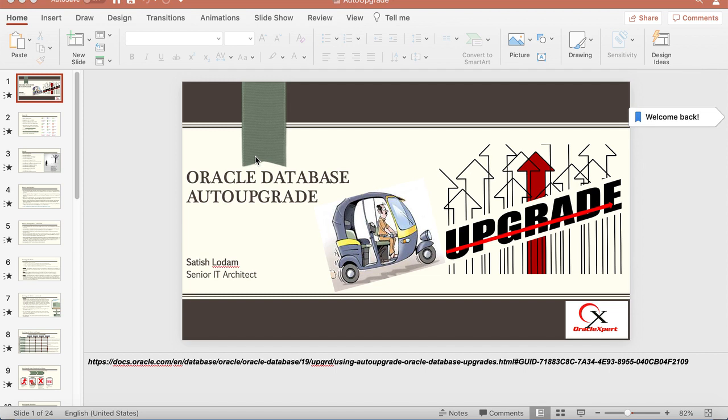I am going to give a brief overview on the Oracle Auto Upgrade utility. This Oracle Database Auto Upgrade utility automates the process of doing DB upgrades, and I found it to be very useful, especially when you are doing lots of upgrades, which are coming to you because we are living in now October 2020, and many different versions of Oracle are going to get out of support list unless you sign for an extended period contract.